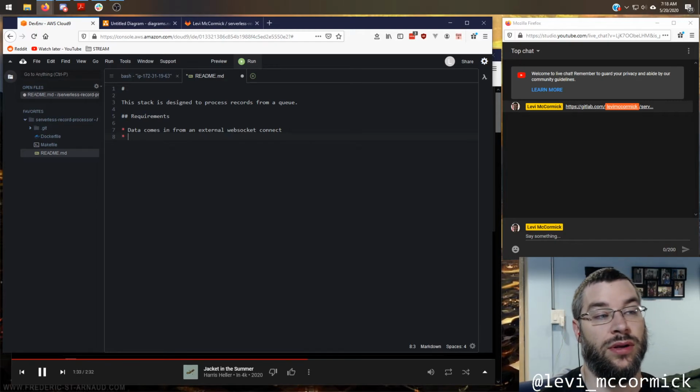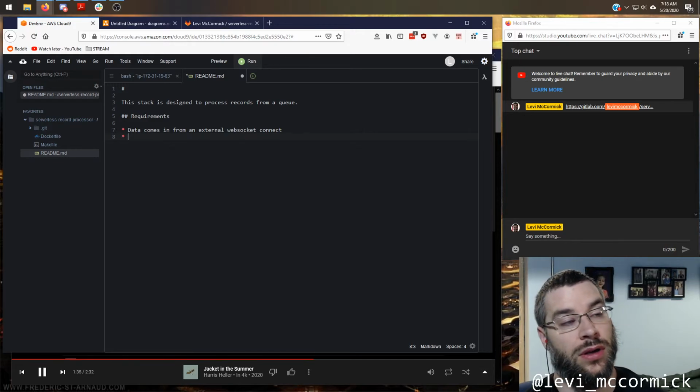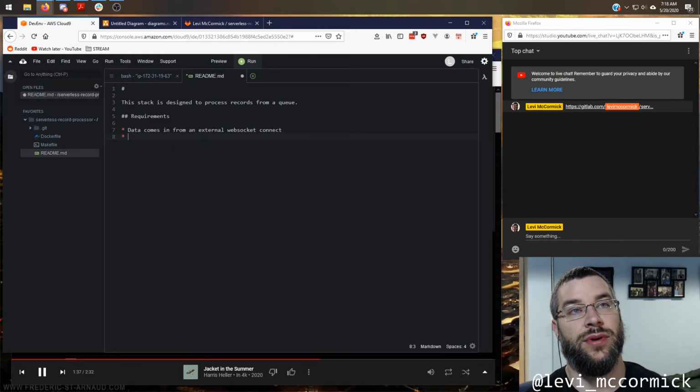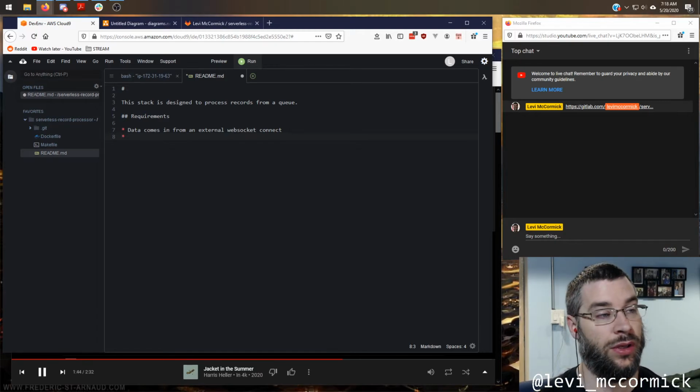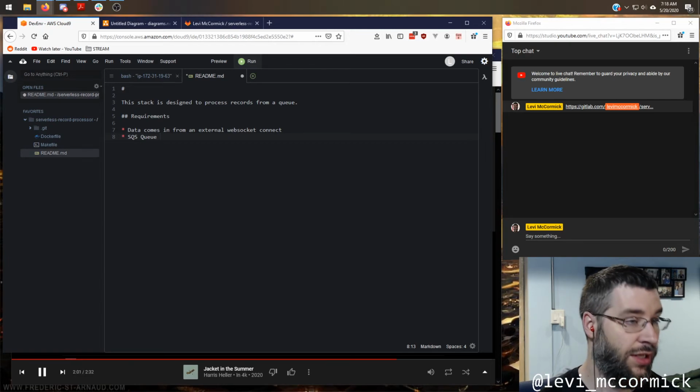I settled on a Fargate container that opens up the WebSocket connection and then writes records onto a queue. So the next step will be an SQS queue. Is that redundant? SQS, is that like ATM machine? I don't know.